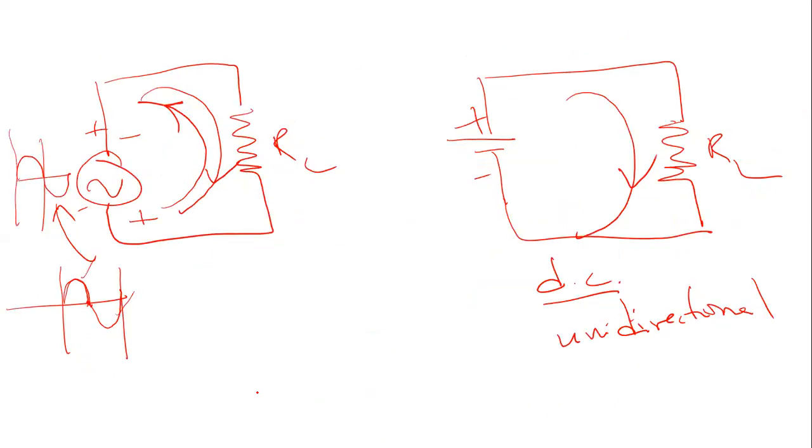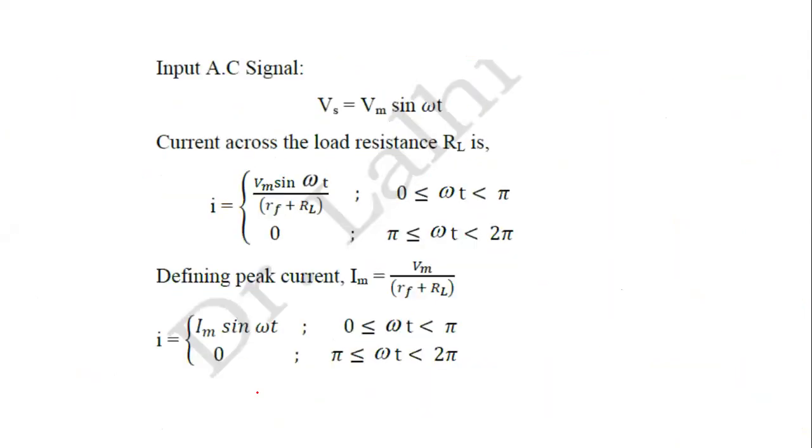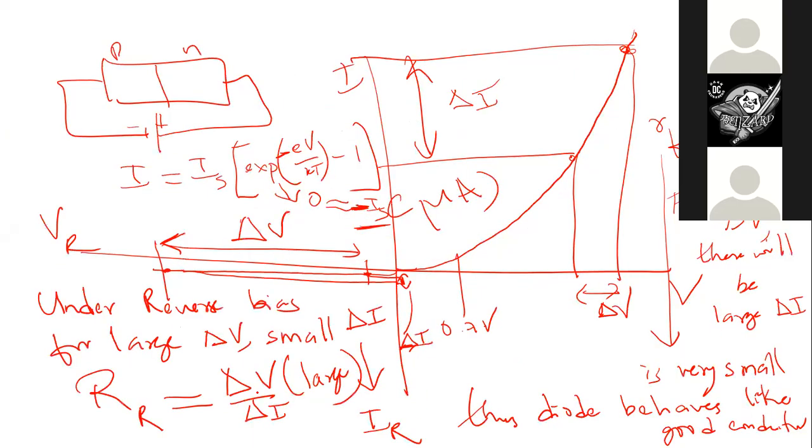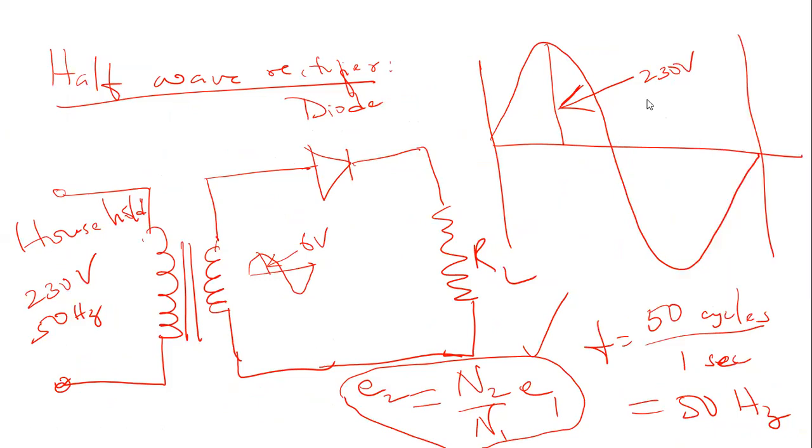Now, moving on to that rectifier device. If you look at this circuit diagram, the one I drew here, we are using one diode in this half-wave rectifier, and we know that the secondary of this transformer will also have the two halves of the AC signal, that is the positive half and the negative half, between 0 to pi and pi to 2 pi. And as you can see, during this positive half of the cycle,